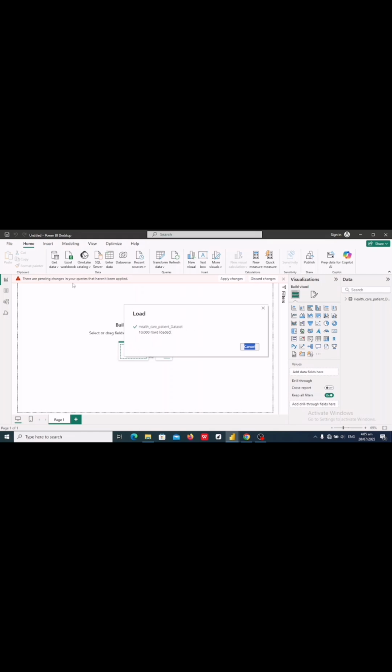Then once it has finished loading, then just click on cancel. So once it has finished that, then